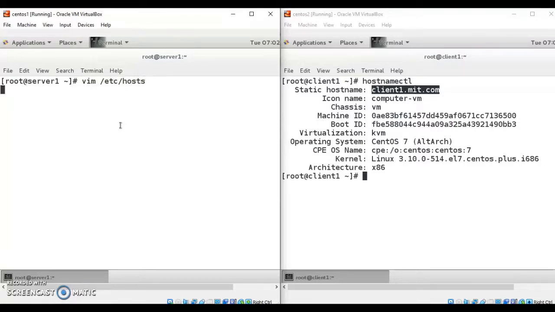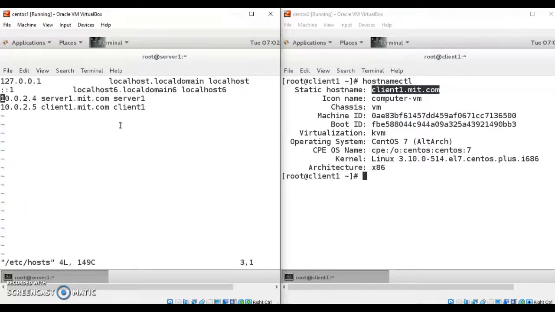I just wanted to change the previous IP that I had assigned to my machine to the new IP of my machine. So let us change it to 172.25.1.11, and I have assigned the name as server1.mit.com for this server machine, and the shortcut name, or alias, of this machine as server1.